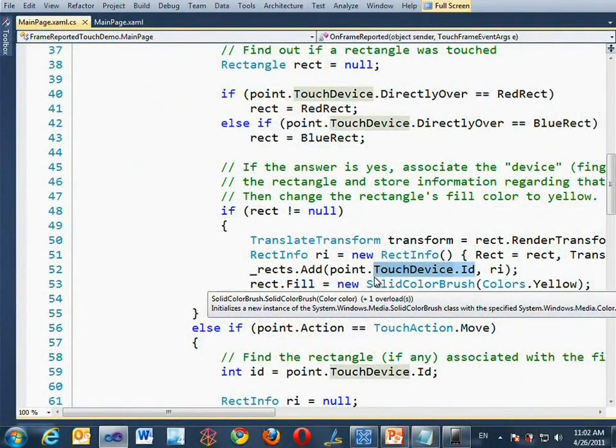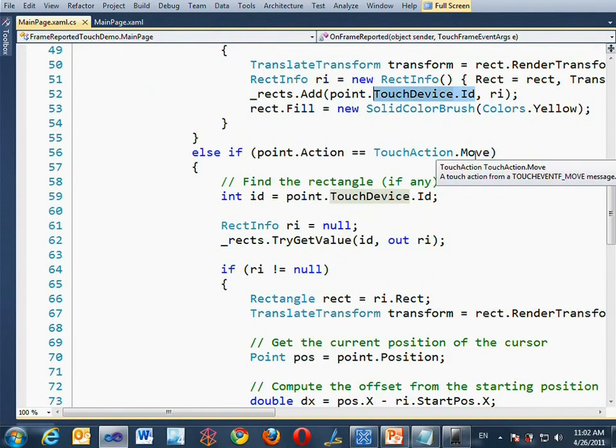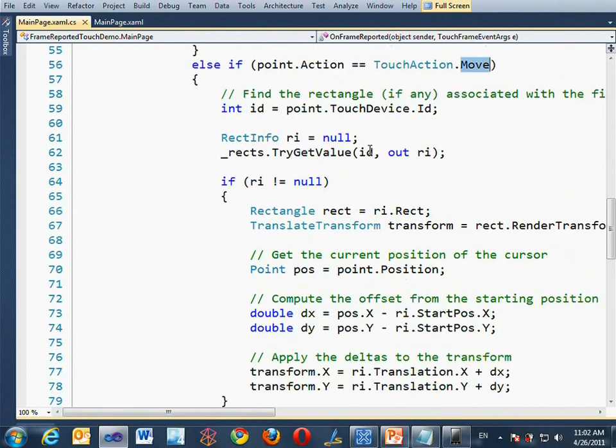Then, later on in my touch.frameReported event handler, if instead of determining that the finger just went down, the finger is moving, then I make a quick trip into that dictionary to find out if that finger is currently associated with the rectangle. If the answer is yes, I move the rectangle with the finger by manipulating the translate